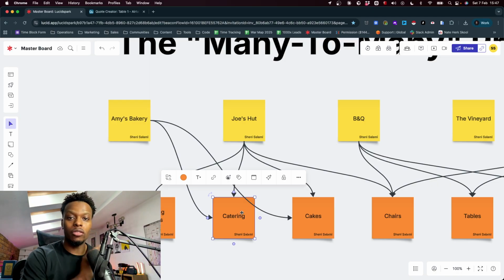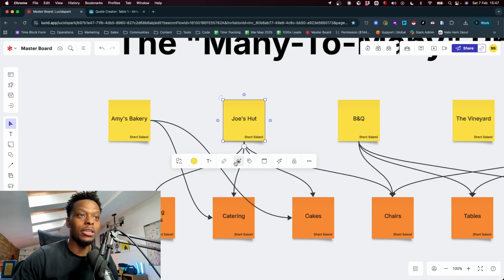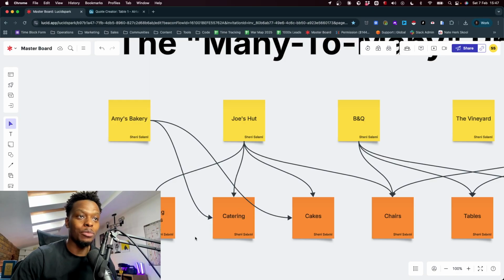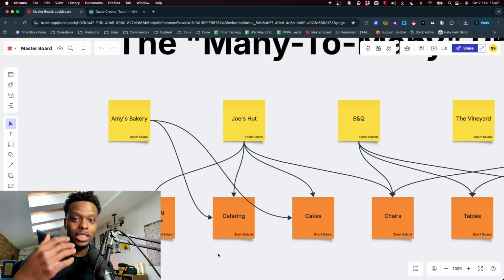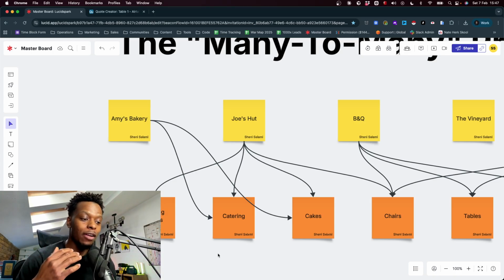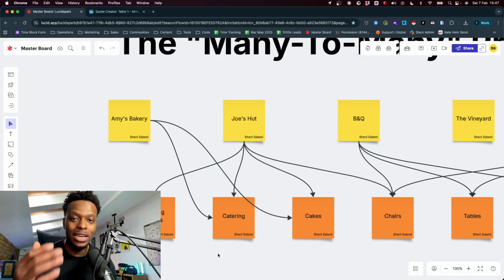You also need to go in and reference how much each thing costs. Joe's Hut, maybe they also do catering, and maybe the person you're actually doing this for, in this case, because it was weddings, the couple that are getting married, maybe they don't like Amy's Bakery. Maybe they say that their food is trash. Joe's Hut may also do catering, but it may be of a different cost. It may have different tax. There may be different additions and items that would need to be on top of that, which need to be